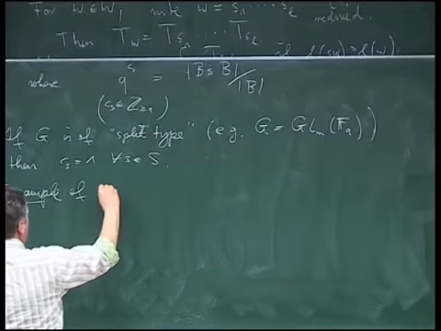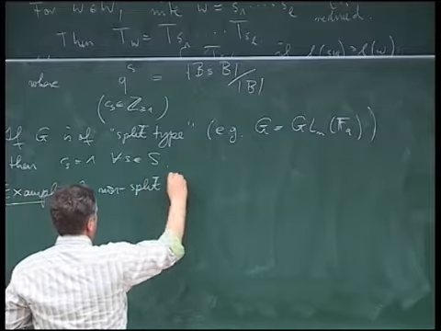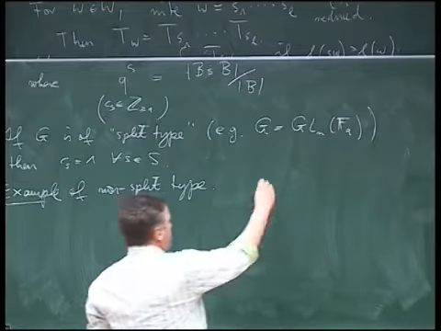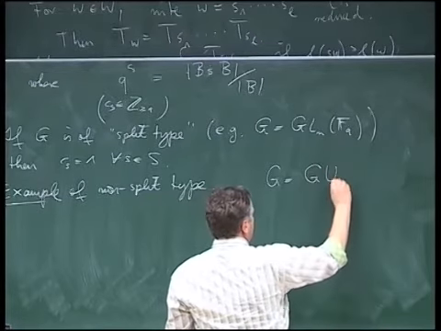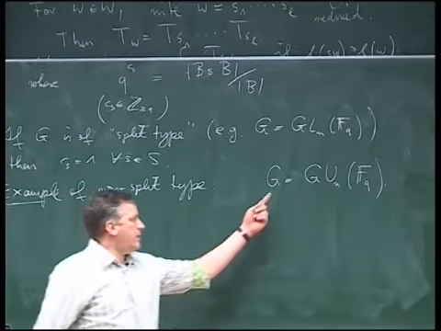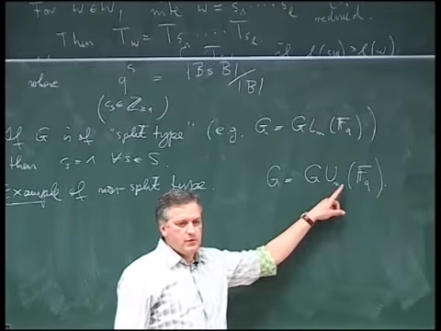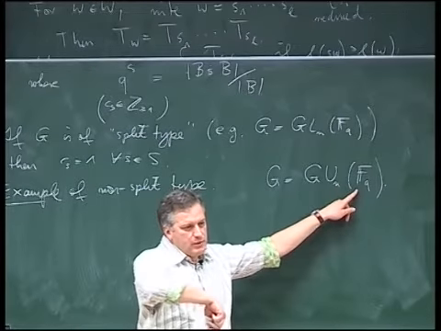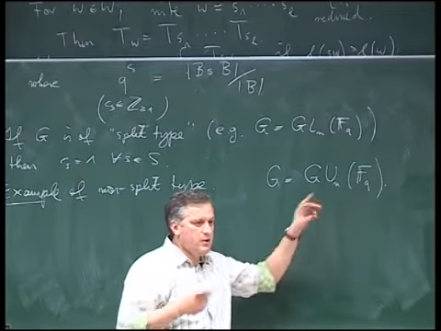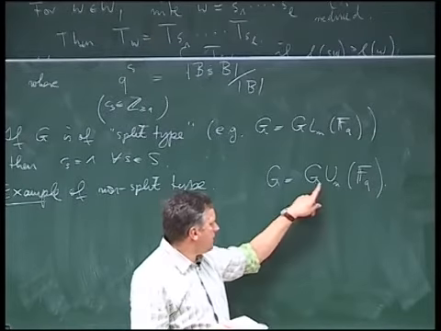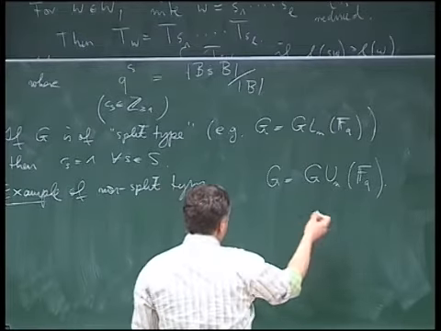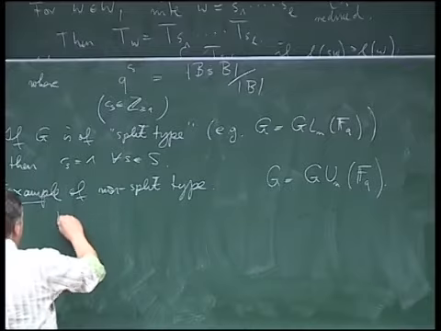Example of non-split type. Well, we have the finite unitary groups. So how do you get them? You can start again with GLN over an algebraic closure of FQ, but you have to take another Frobenius map, not this standard one that I mentioned where you just raise coefficients to the qth power. If you twist this Frobenius map a little bit, you get another finite group inside there, and this is the finite unitary group. And this here has, as a group with the BN pair, it has Weyl group